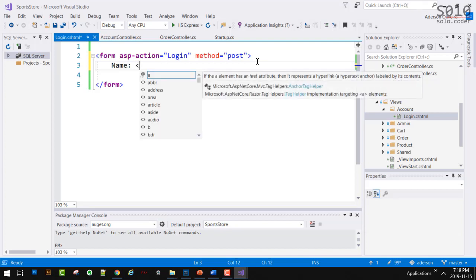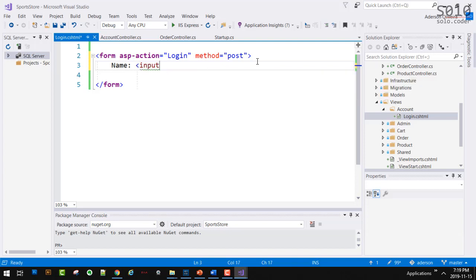Which control am I going to use here? Which HTML tag? An input. So I'm going to say inputs, and I'm going to say asp-for.